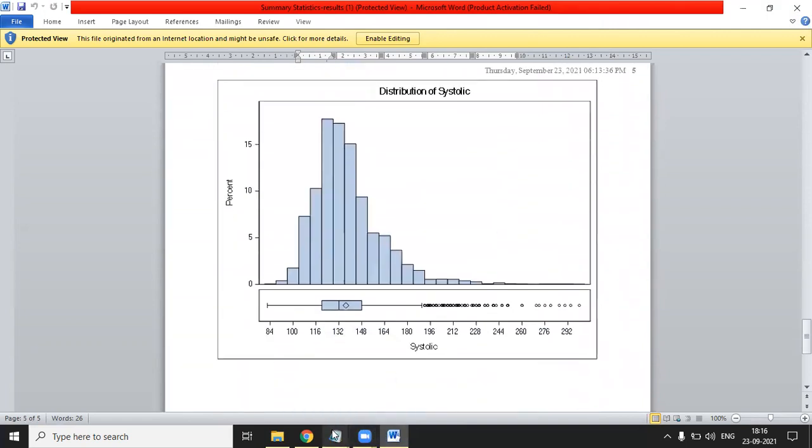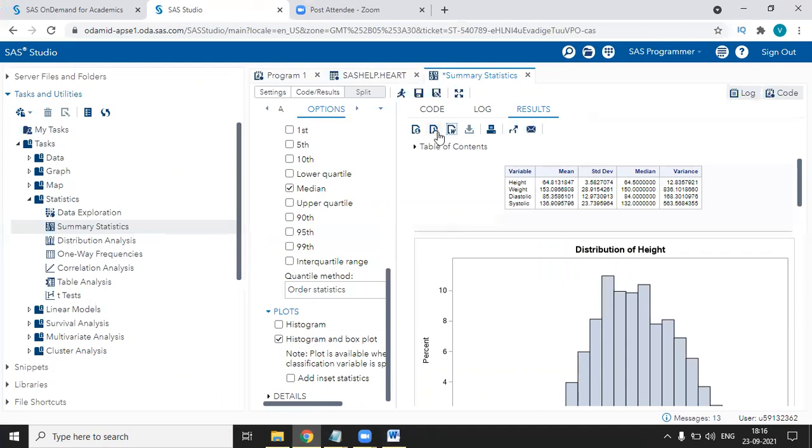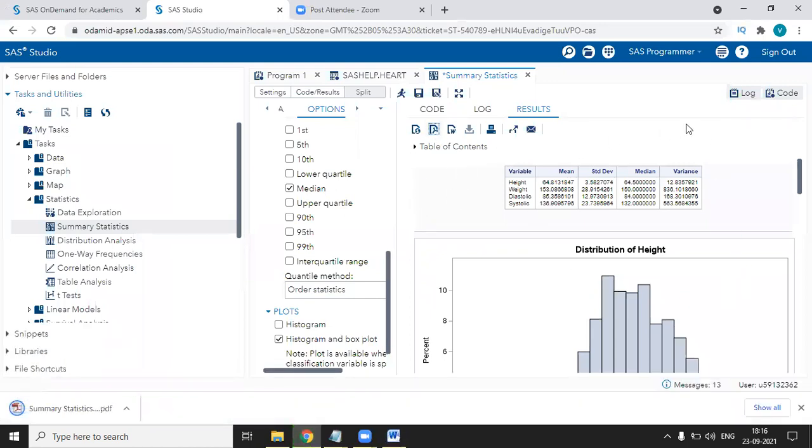If you want a PDF, again you can go to this and click on the PDF option. When you click on this PDF option, you'll get a PDF of this result. Open this. You can see all this file is converted into a PDF.